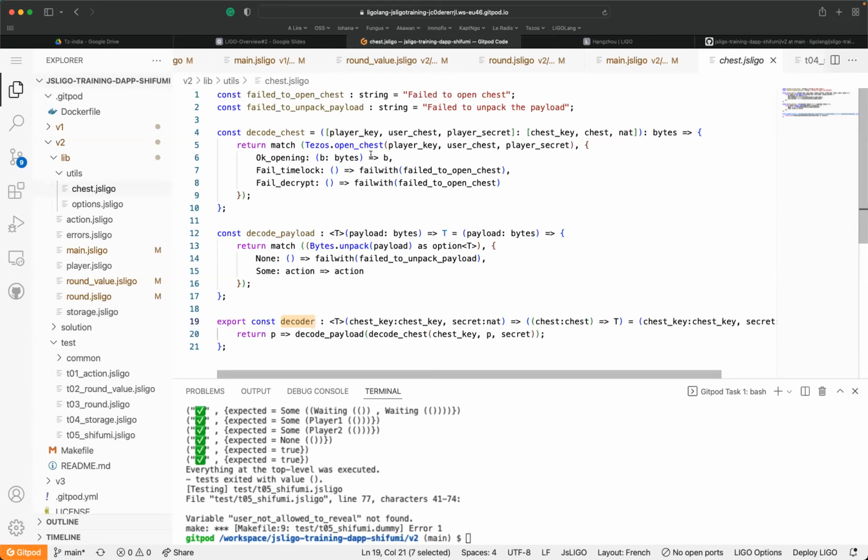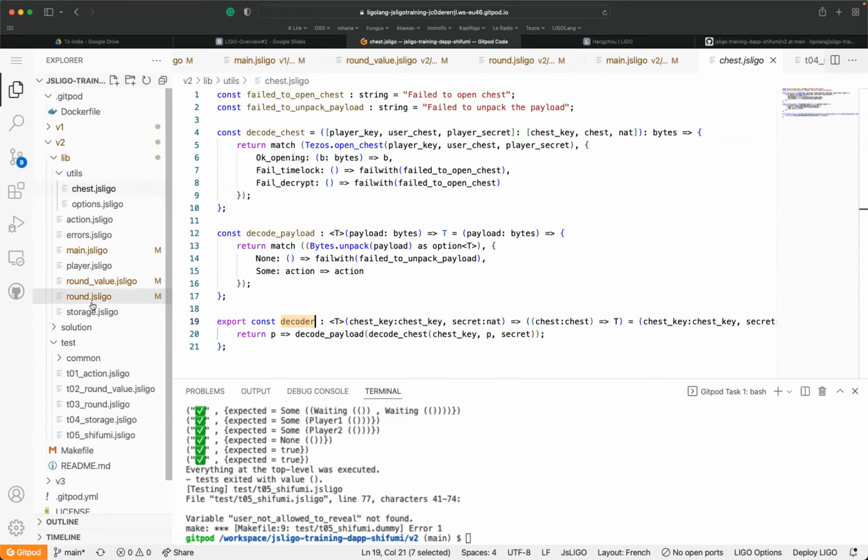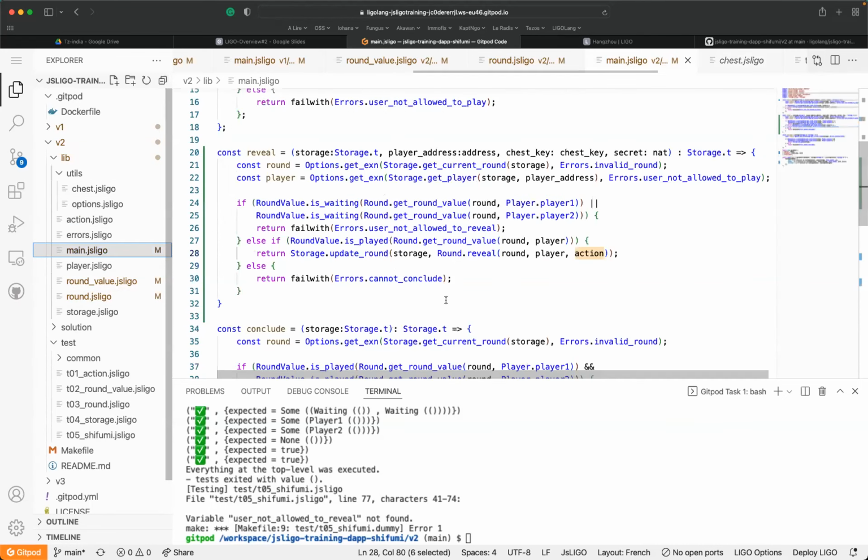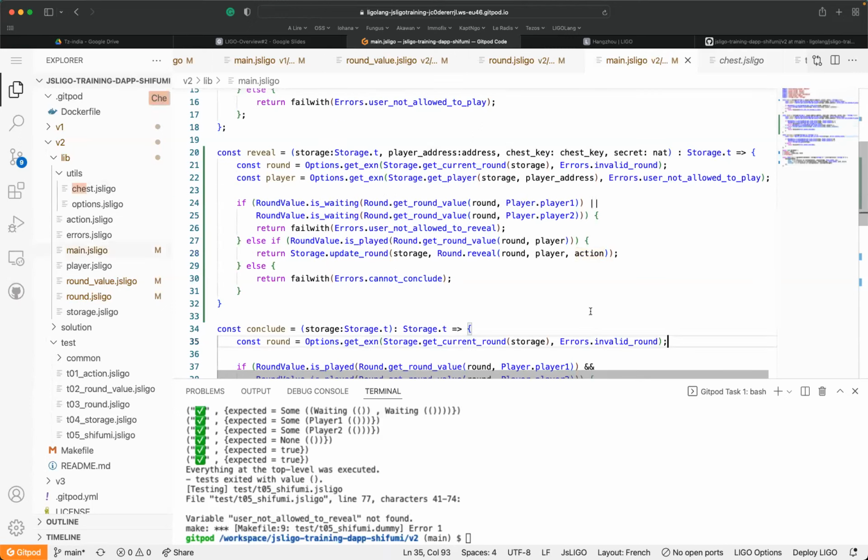I'm not going through this code because you have to see how to do the serialization, and how to perform the chest and the decoding of the chest. So I'll let you go through this code later if you want, but just for the implementation here, what we're going to send instead of the action is the chest decoder,